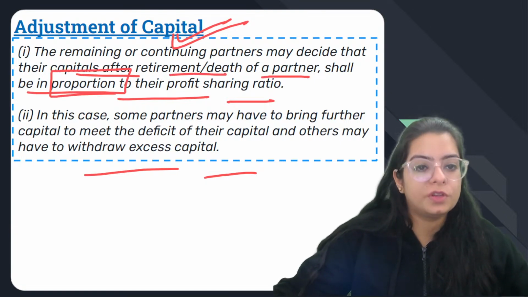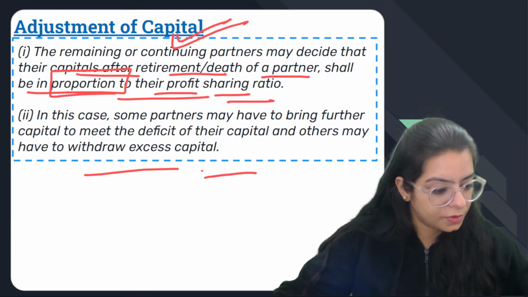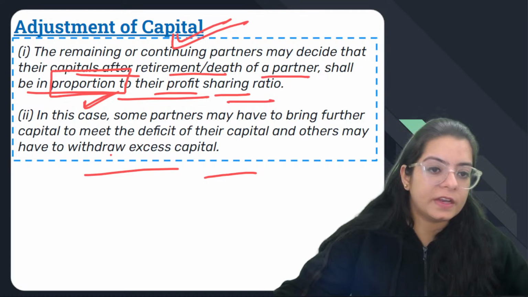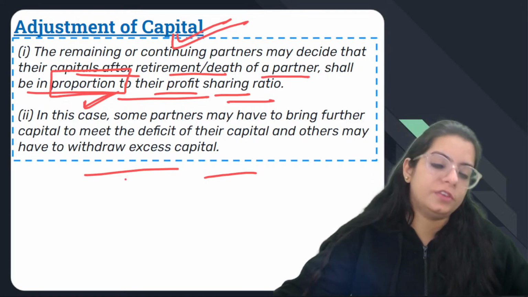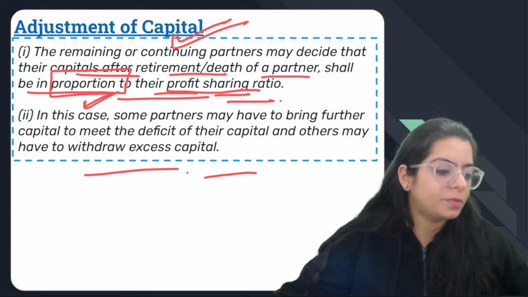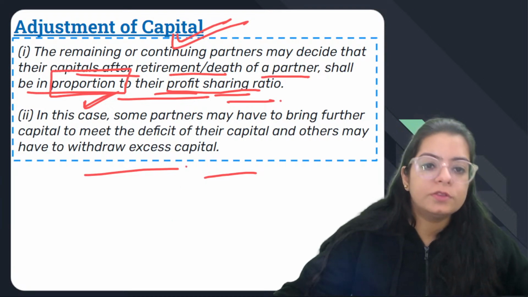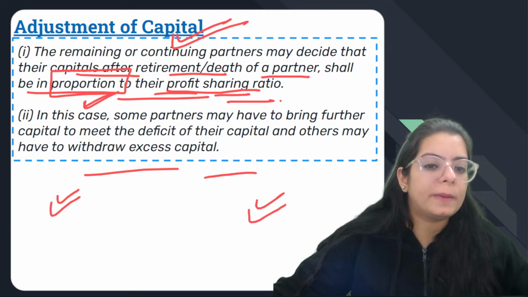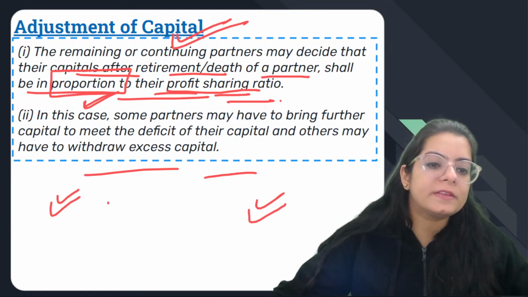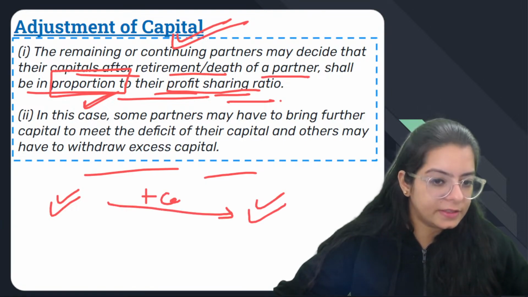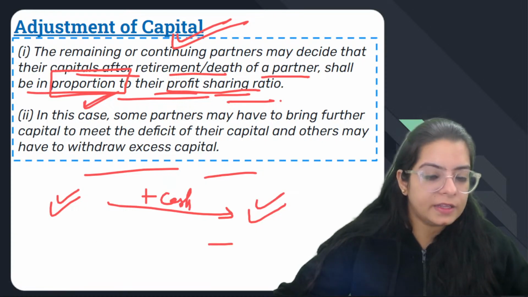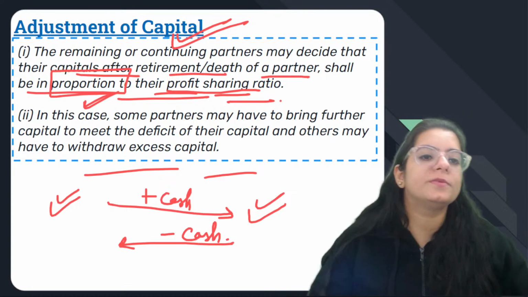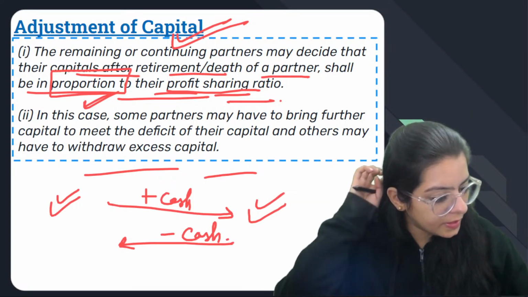in proportion to their profit sharing ratio। कि हमें तो ये जो बैलेंसिंग फिगर आ रही है ये नहीं चाहिए, हमें कोई और चाहिए, या फिर हमें न्यू प्रॉफिट शेयरिंग रेशियो में इसको बांट कर दो। तो ऐसे में क्या होता है कि जो आपकी पुरानी कैपिटल होती है और जो आपको कैपिटल चाहिए होती है, उसमें अगर पैसे बढ़ाने हैं तो पार्टनर्स पैसे ले आते हैं, और अगर उसमें पैसे घटाने हैं तो पार्टनर्स पैसे अपने विड्रॉ कर लेते हैं। दिस इज व्हाट एडजस्टमेंट ऑफ कैपिटल इज।